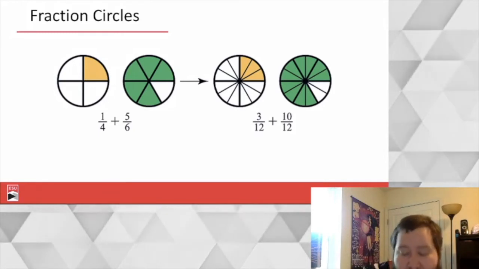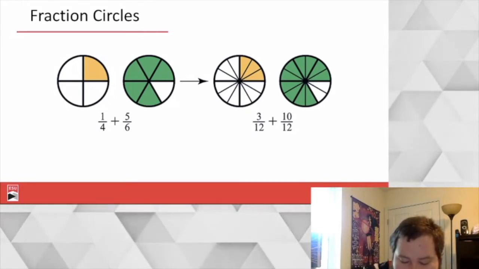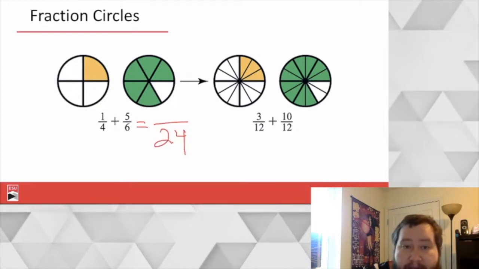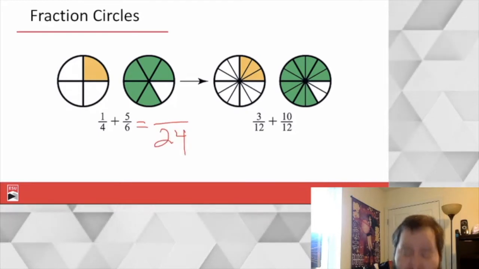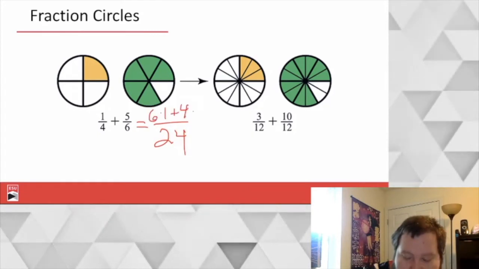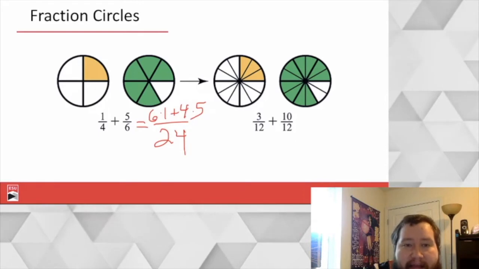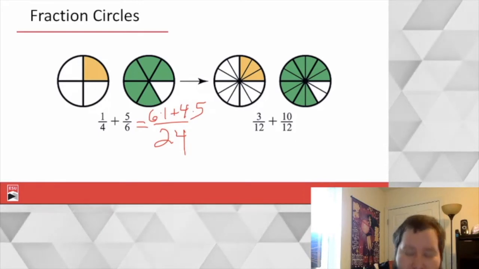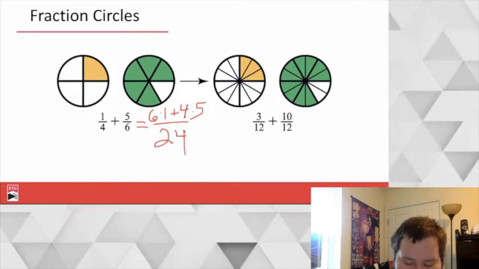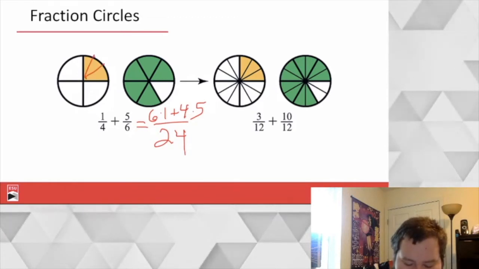That previous slide says that we want to find this as something over 24, 6 times 4. And it ends up being 6 times 1 plus 4 times 5. But why? Why is that the case? Well, let's say I take every one of these quarters and I split it into 6. So 1, 2, and now